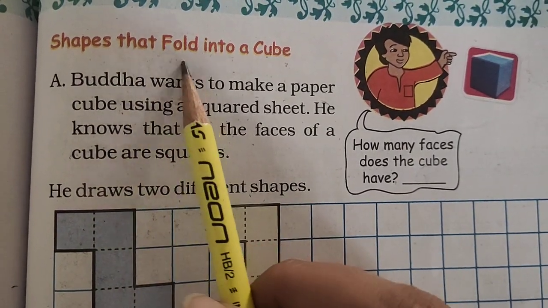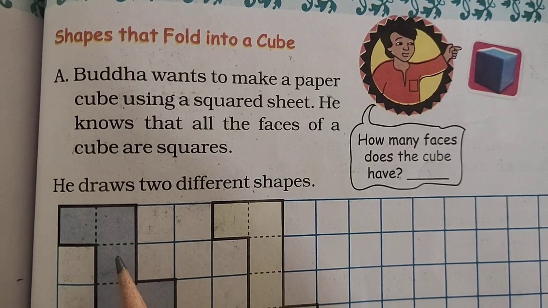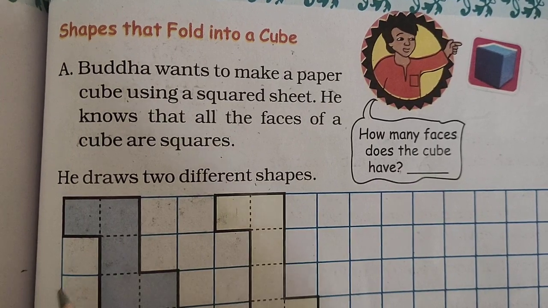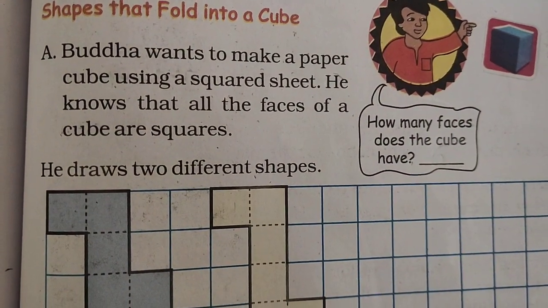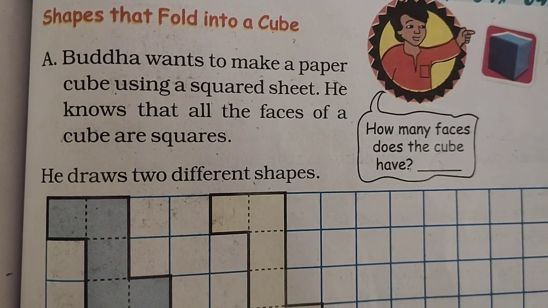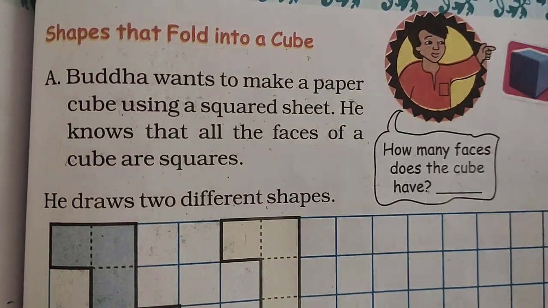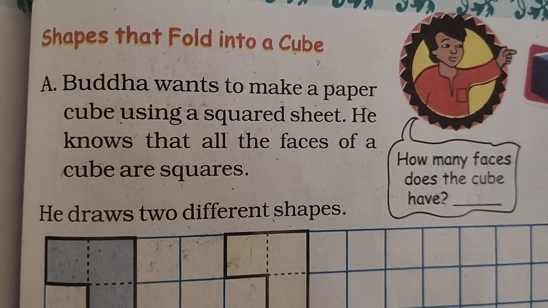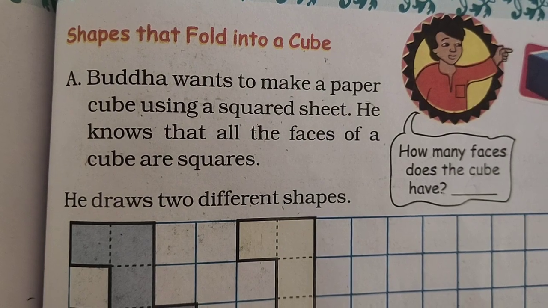So for shapes which can be folded into a cube, the proper layout should be there, then only we can fold it into a box. If the proper shape and proper cutout is not given, then we are not able to make a complete box. The box will not be able to fold properly, or it will not be packed properly. So to make a proper box, a proper cutout of the shape should be given.